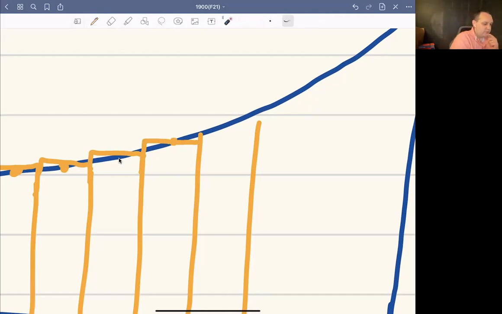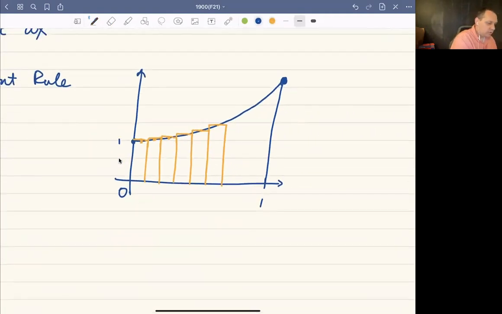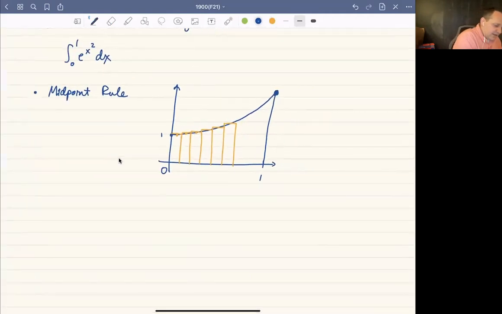And you're going to notice that we're going to be overcounting area here and undercounting area here under the integral. And the idea is that hopefully those balance out. Okay, it's not really any more sophisticated than that. So we take that rectangle, we add it up. And so the midpoint rule says that this integral, so in general, the midpoint rule, which I'm going to